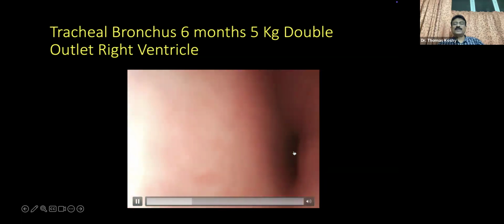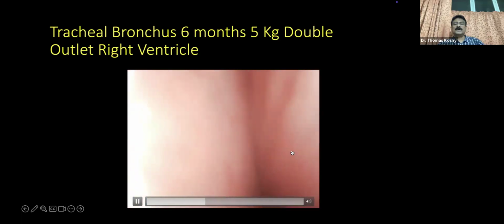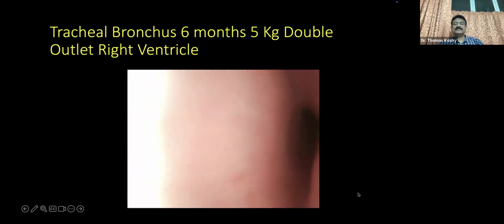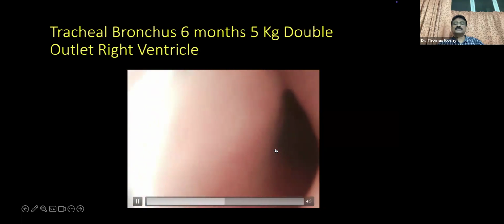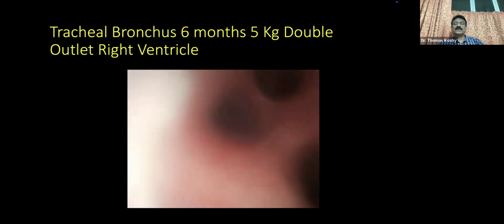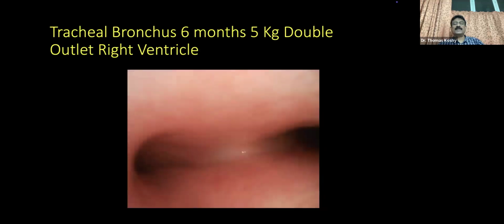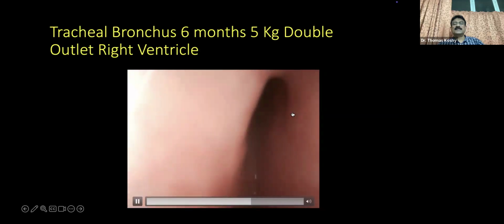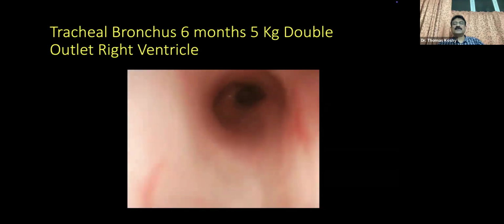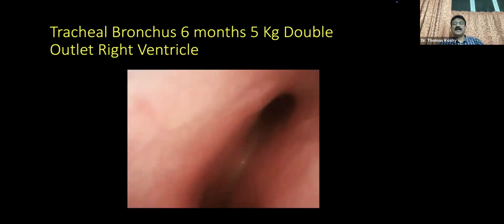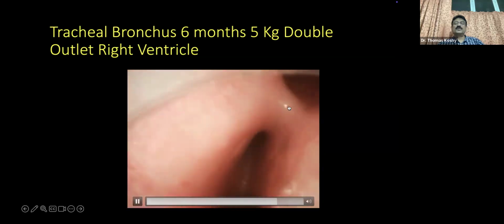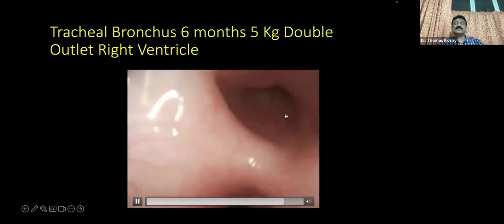So I pushed that 2.8 FOB to the left side through this compressed left main bronchus, to see anything there distally in the left lung. Okay, all the segmental bronchi are patent. I withdrew the bronchoscope to see the right main bronchus, and here we have the right intermediate bronchus and right upper lobe bronchus, and there is an additional tracheal bronchus here. So that endotracheal tube we positioned above this,